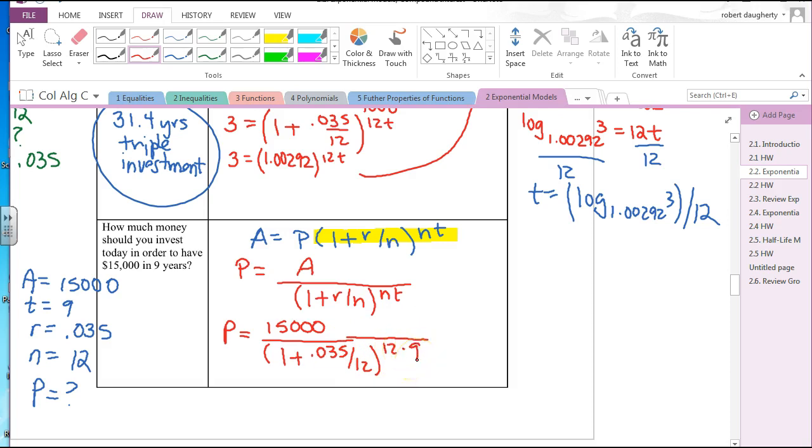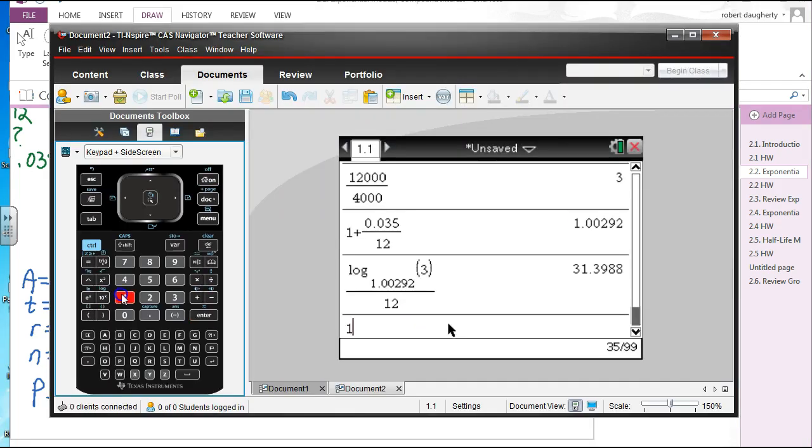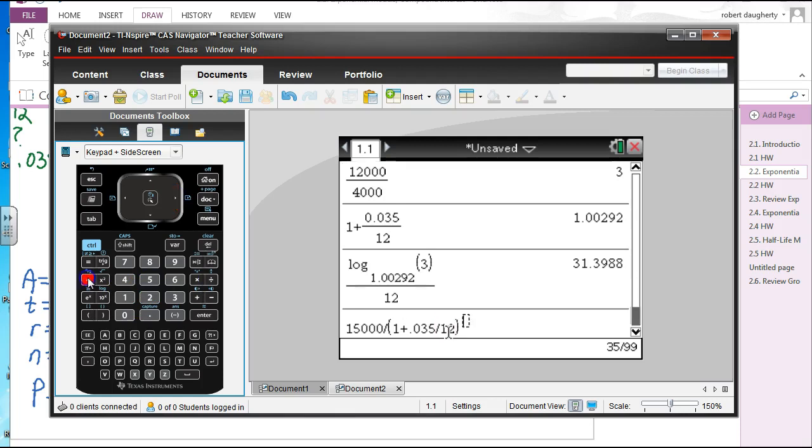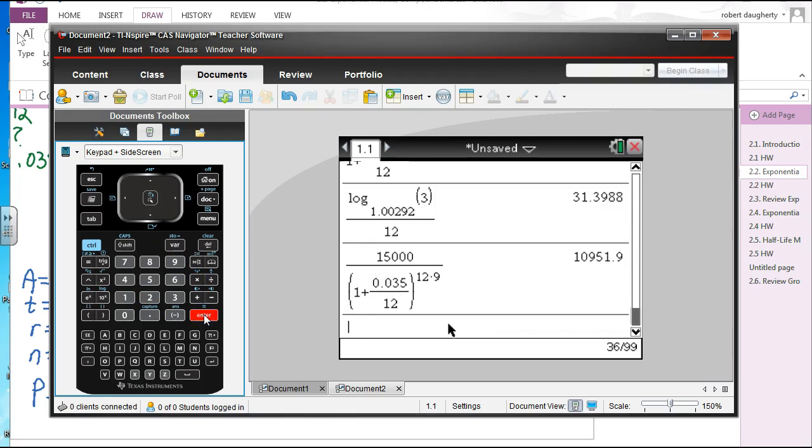So that's where I go in my calculator. So let's figure that out. So it's 15,000 divided by 1 plus 0.035 divided by 12. All of that is raised to the 12 times 9 power. Okay. So this is what? 10,951.9